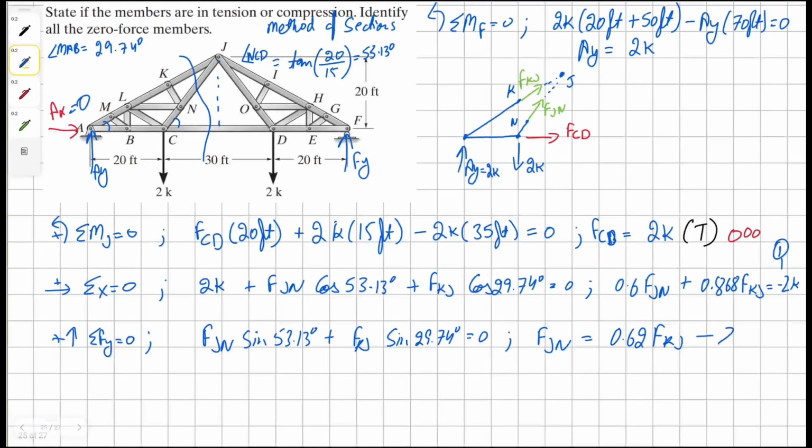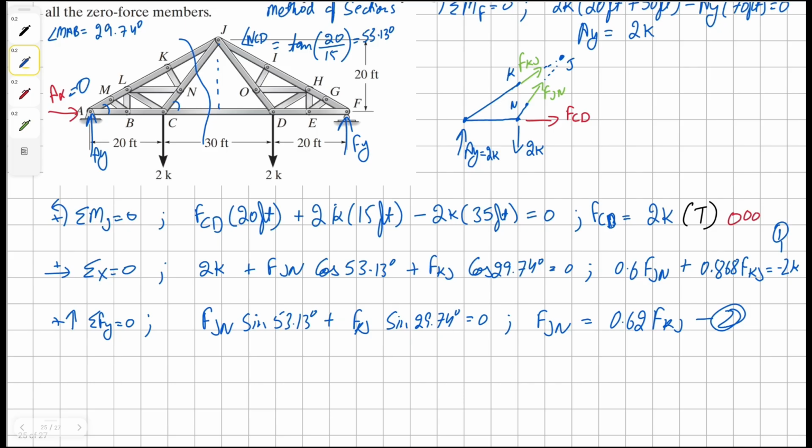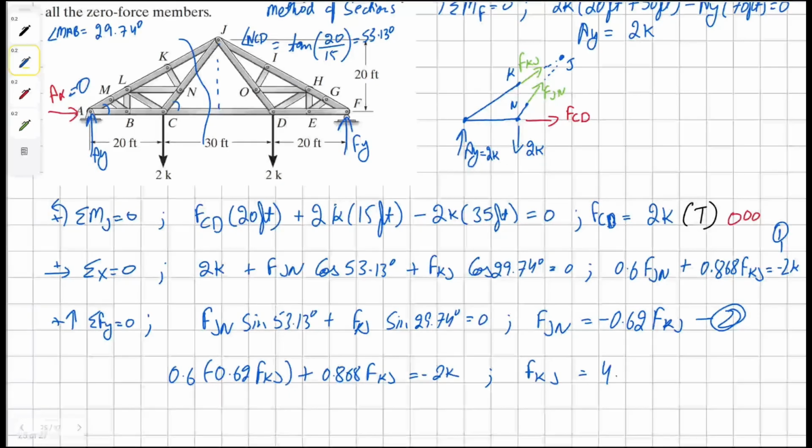Now we can plug this equation, which we'll name equation 2, into equation 1. So it's going to be 0.6 times 0.62 force KJ plus 0.868 times force KJ equals to negative 2K. Solving for KJ, we get a solution as 0.43K. Now we're going to plug the value of KJ into equation 2, and we're going to have force JN as